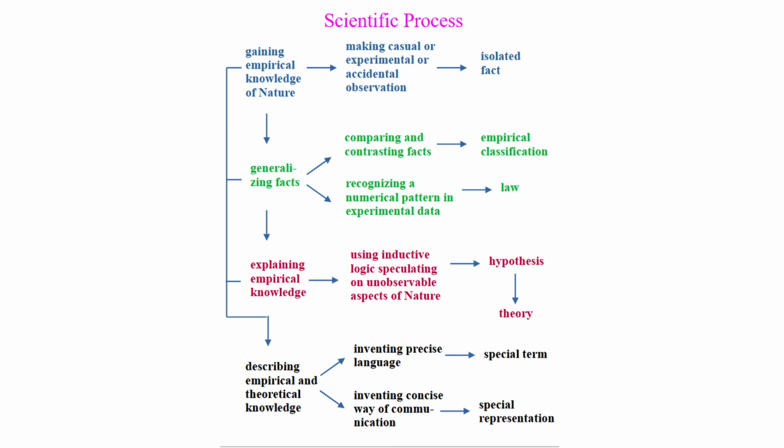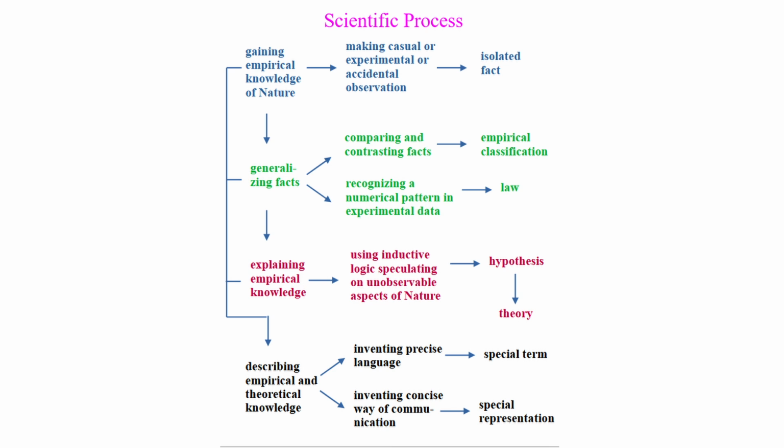The result is an empirical classification, such as physical classification of matter into solids, liquids, and gases, which uses size and shape as the basis, and chemical classification of matter into elements, compounds, and mixtures, which uses separability, identity, and